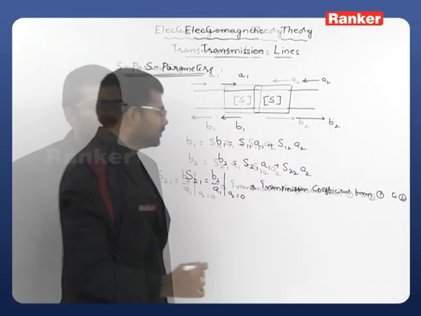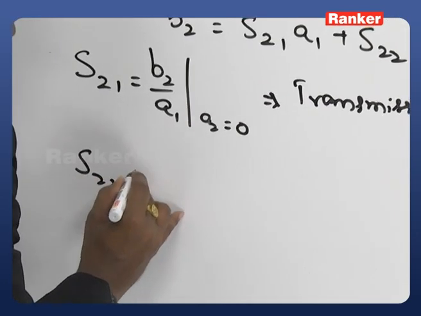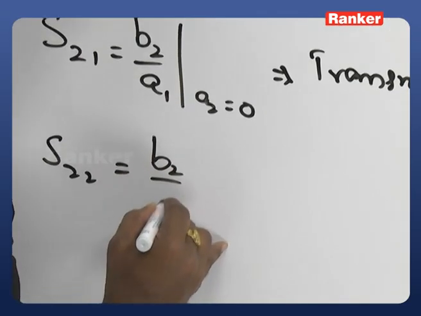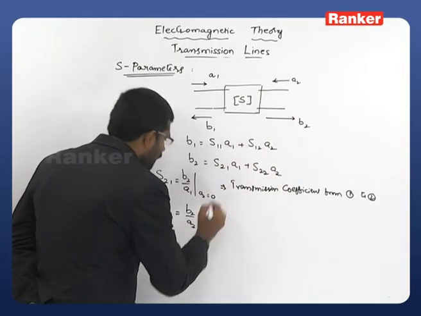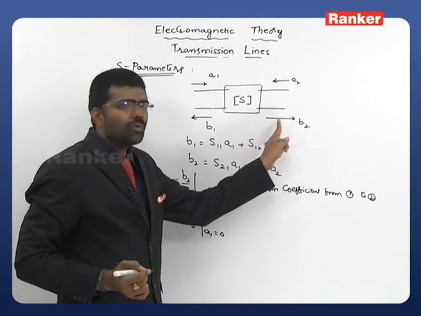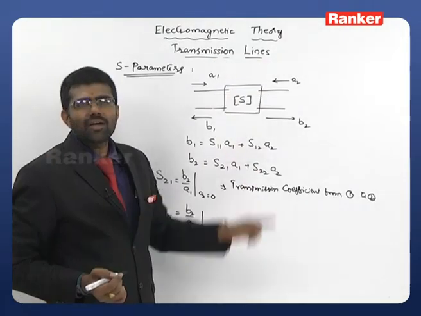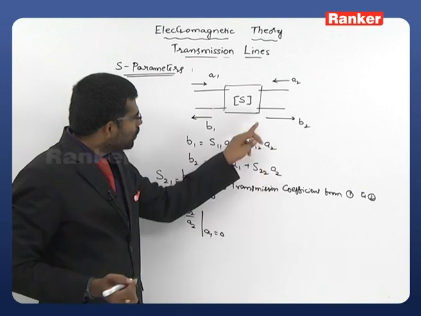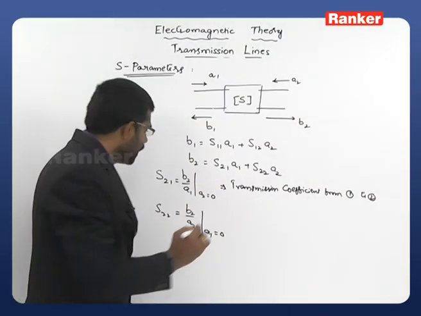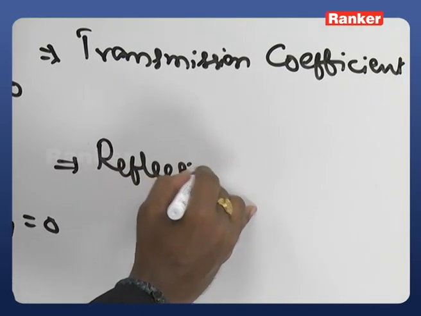From 1 to 2. Now just observe S22. S22 is equal to, just to close this one, what you will get here is B2 by A2 at A1 equals 0. What do you mean by B2 by A2? B2 is the scattered power at port 2, right? A2 is the applied power at port 2. So the reflected power to the applied power, it's once again a reflection coefficient. So this can be taken as the reflection coefficient